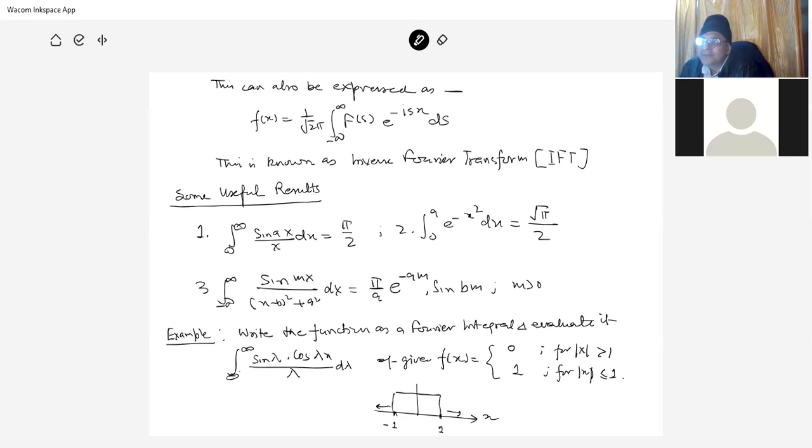So this is about today's lecture, and this example is for assignment. You have to do this example and other examples, and then we will discuss in the next lecture. So after this, if you have any problem